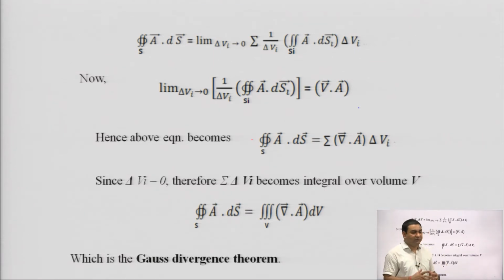When a vector field is divided into multiple surfaces and multiple volumes, then how we can justify the relationship between these two. So, this is the Gauss divergence theorem, and my suggestion for remembering this particular theorem, because in coming